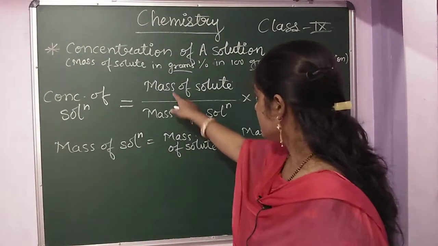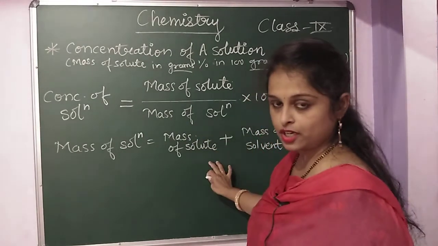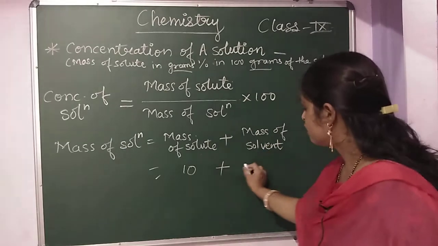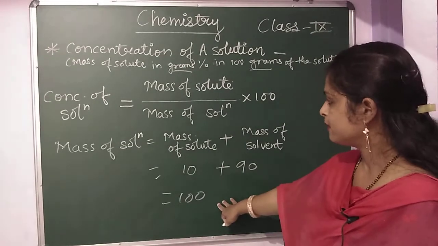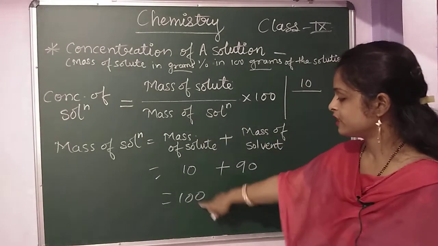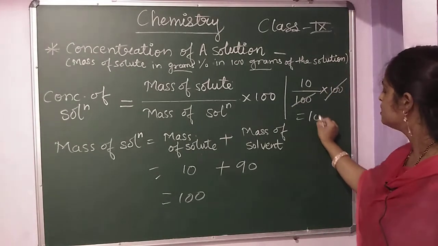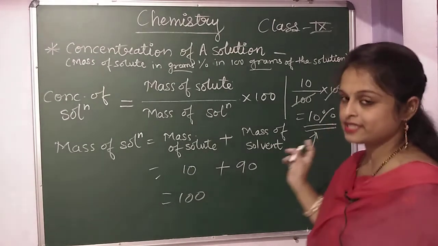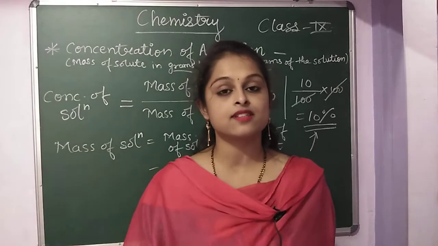So see, here mass of solute and mass of solution. Now to know the mass of the solution, we first have to add both, and we know that the mass of the solute, salt, is 10, and the mass of the solvent is 90. So how much does it become? 100. Clear? Now we got 100, but we know the mass of the solute is how much? 10. The mass of the solution we found is 100, and multiply by 100. So this 100 and 100 cancel, and this becomes 10%. So the solute, we know, is salt, which is in a solid state, so we can say that 10% of common salt is present in the given solution, that is in water.